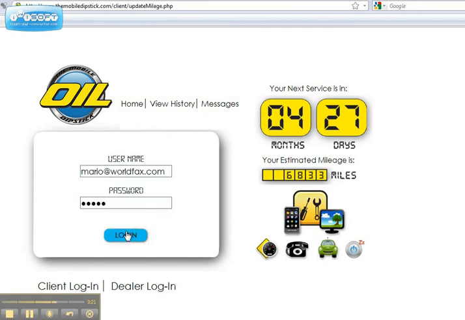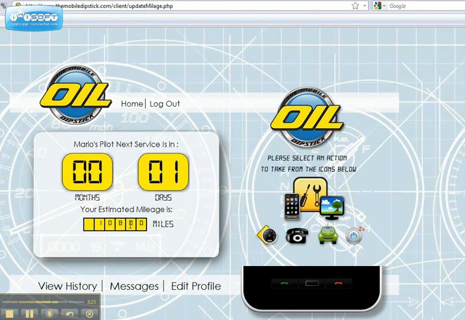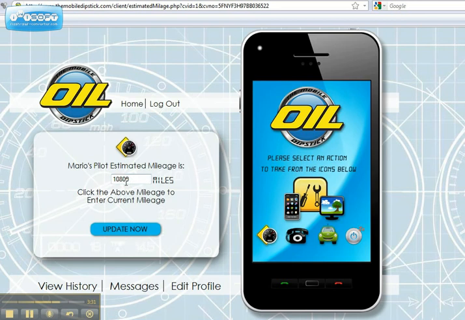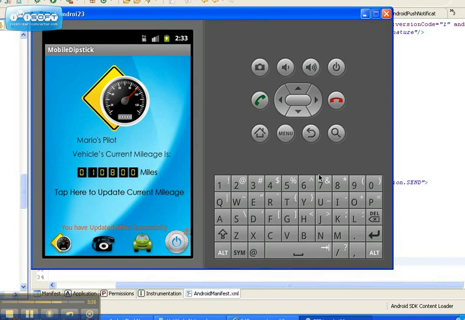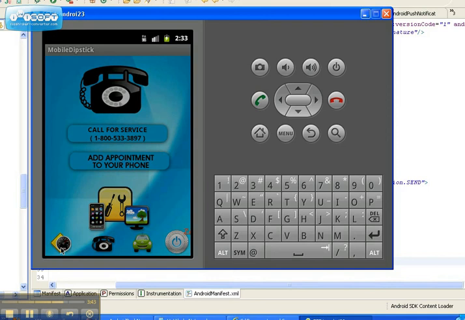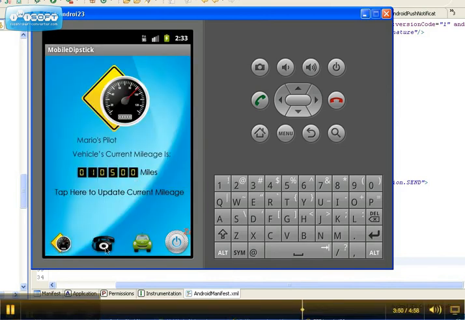So basically whatever features are there in the website have been automatically applied to the application as well. Likewise, see in this screen, if I am changing the mileage to 10,500 in the application, we can see that it's working fine. See, here it's 10,500. So this is how this application is linked with the site database.